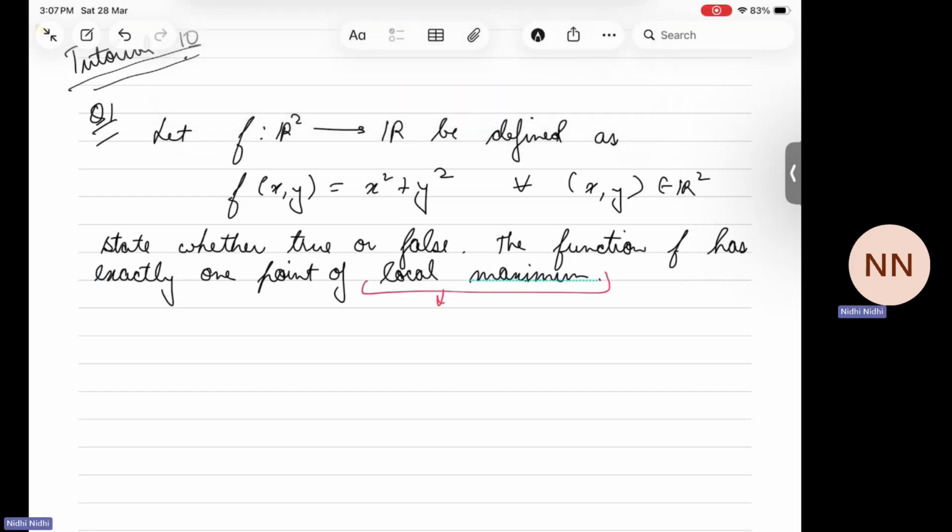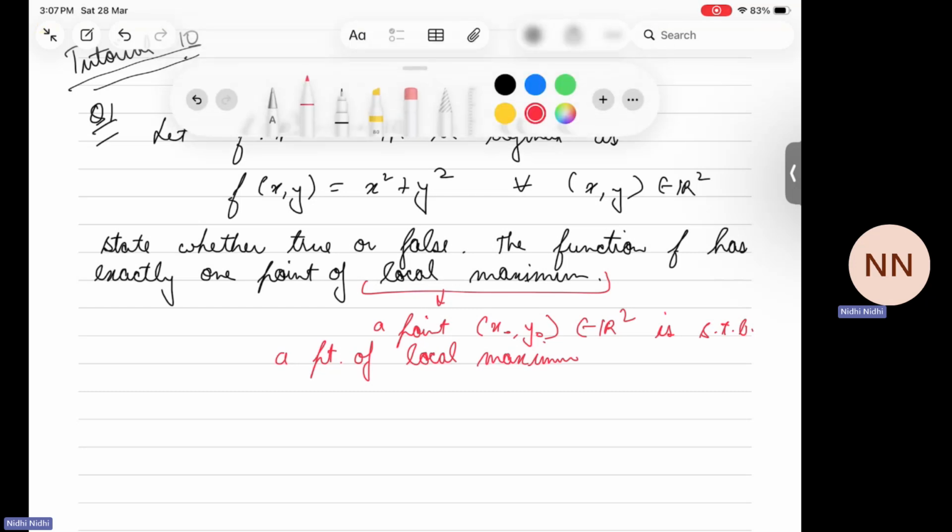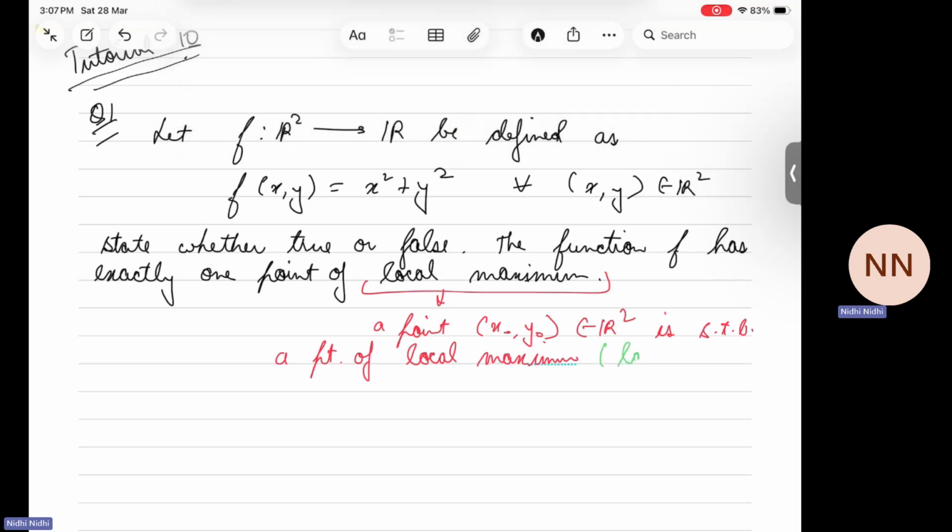A point (x naught, y naught) in R2 is said to be a point of local maximum, and in bracket I'll give the equivalent definition for local minimum,